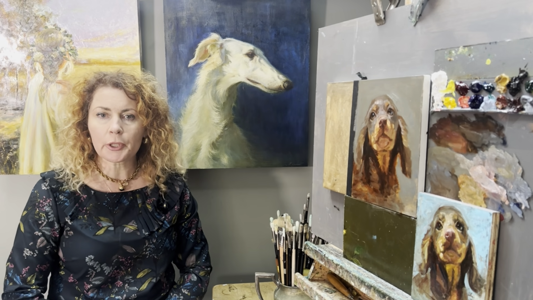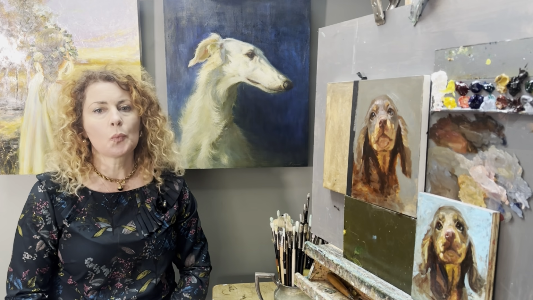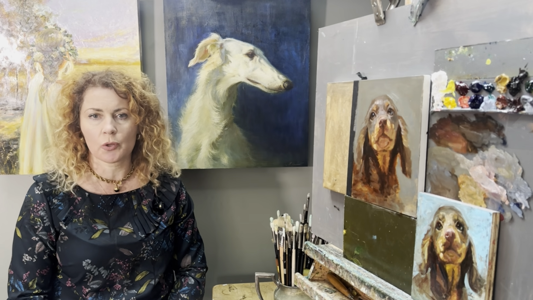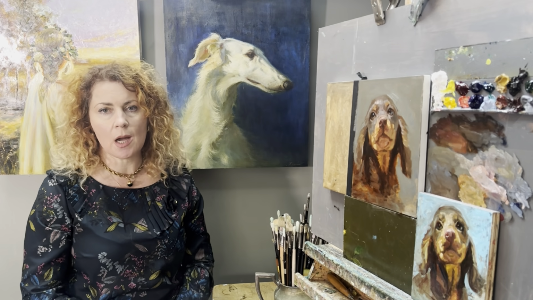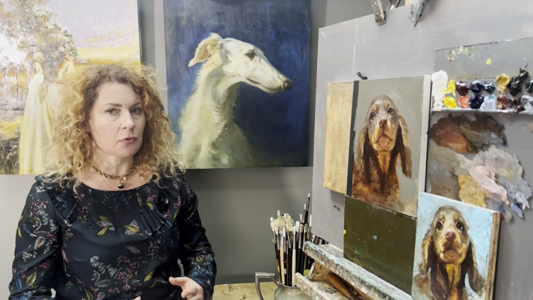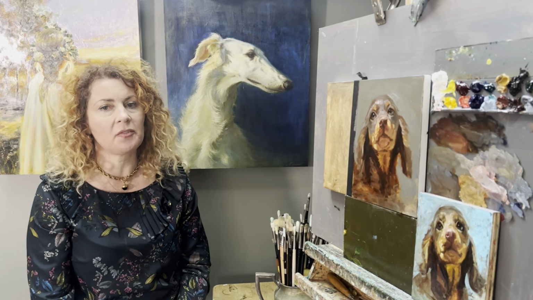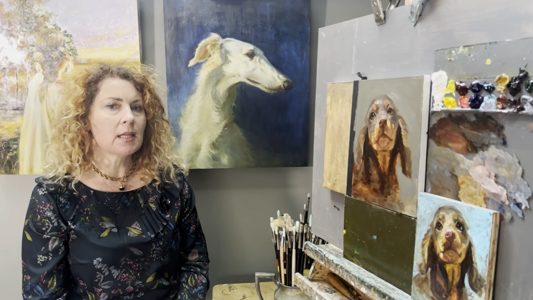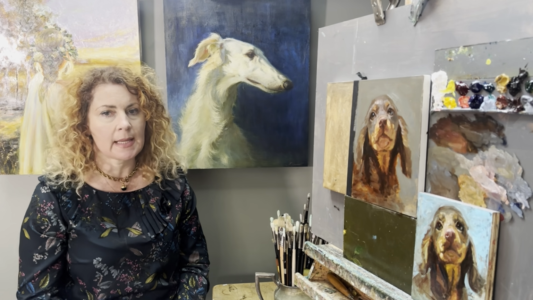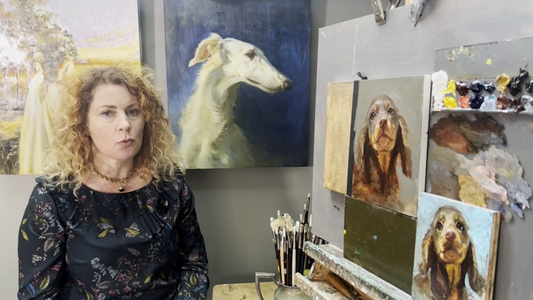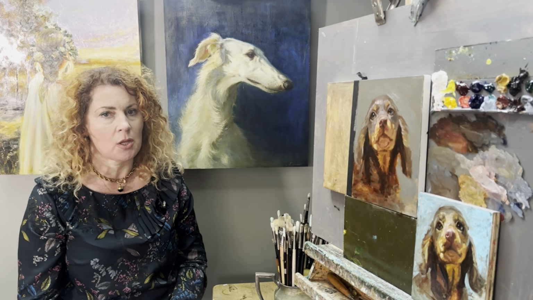One of the most important anatomical changes was that they no longer needed a strong jaw. This led to a smaller brain box, shorter muzzles, more angular noses, and slightly narrow eye placement. Dogs' eyes are set a bit laterally with about 250-degree angle. This gives them a balance between peripheral vision needed for detecting danger and binocular vision for depth perception when they're